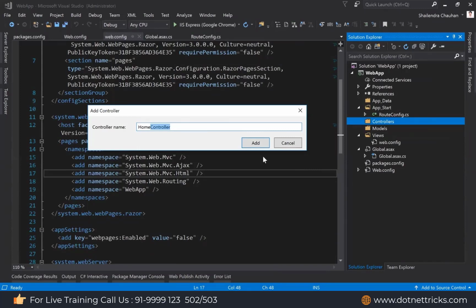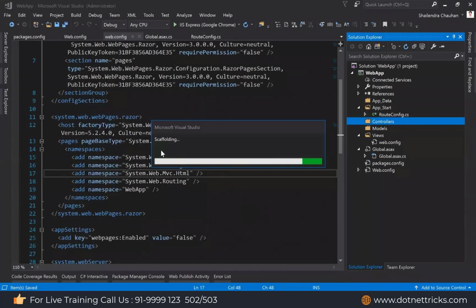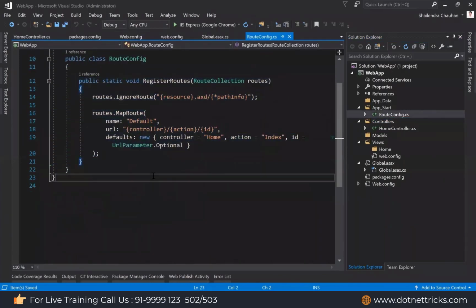And here you might be thinking why I'm creating the home controller. Why am I not creating the default product? You can create it with any name, but if you look into the route config file, we have the default values for our controller. And those default values are home and index. So that's why generally when you see any sample, the default controller they add has the name home. So you can see it is using scaffolding. In the route config file, these are the default values for my controller. If you don't have the controller name as home, you can change the default value here, and it is serving as the home page for our application.